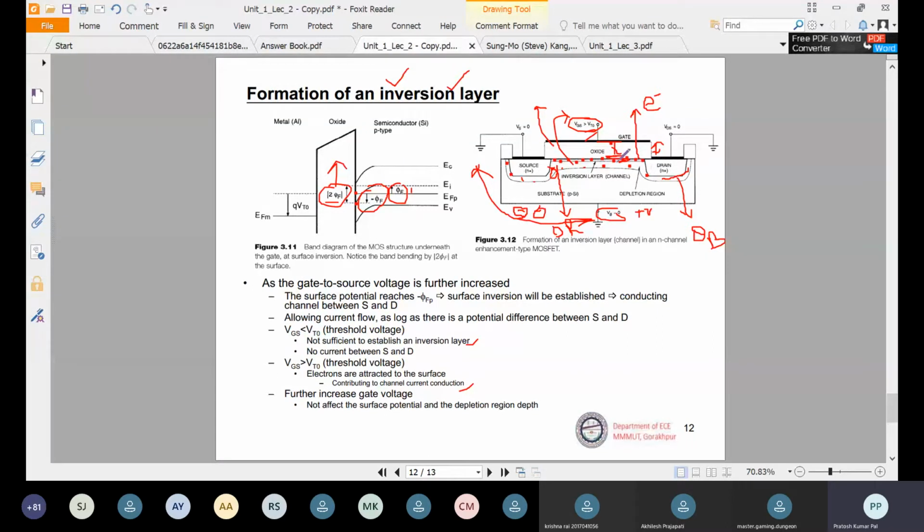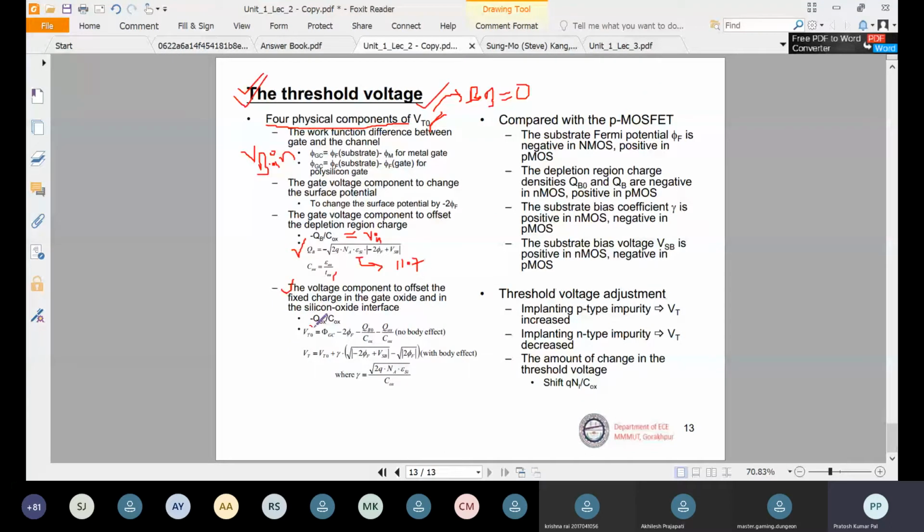So that component should be compensated by the total number of charge carriers, or you can say total immobile charge present in the oxide divided by the oxide capacitance. So this will be similar to this one. There will be a requirement of gate voltage. Okay, so it will be having a gate voltage. This gate voltage will be compensating the charge present in the oxide region.